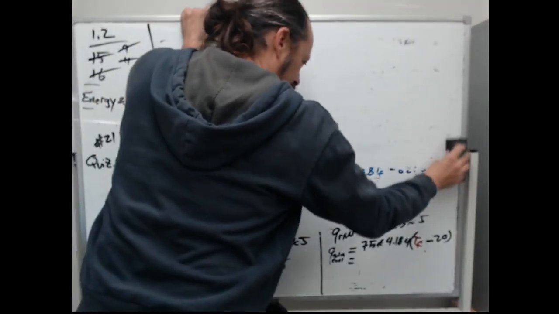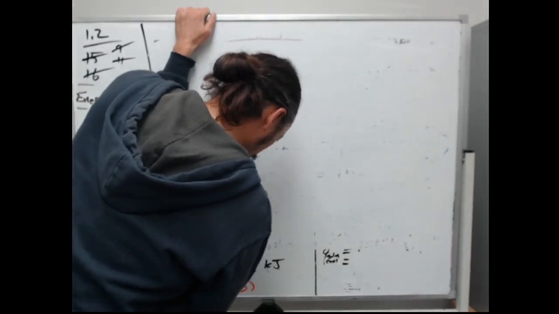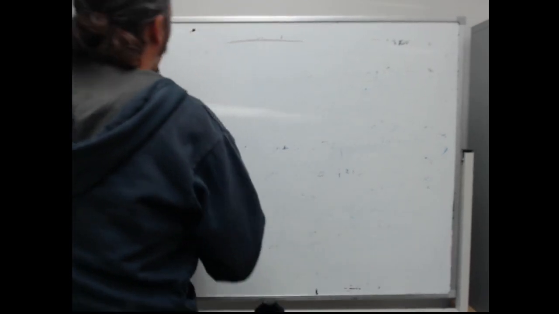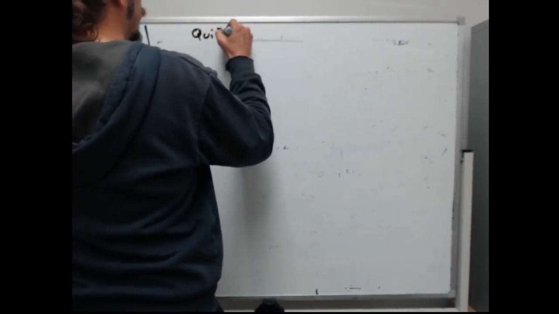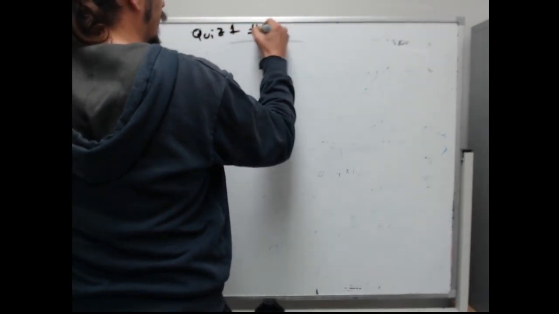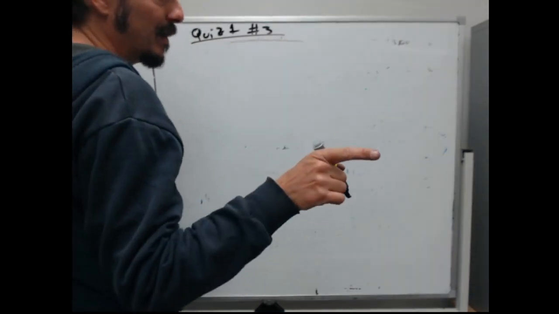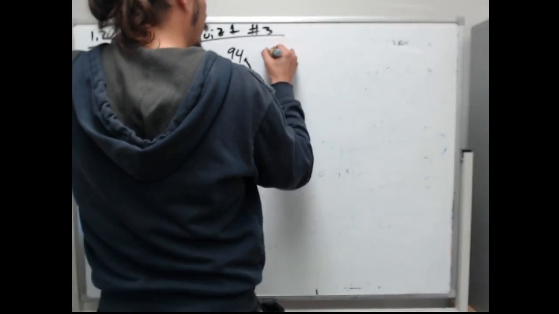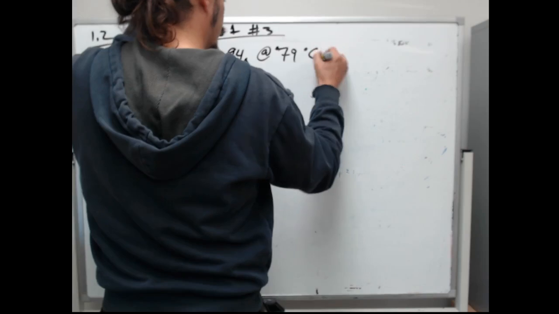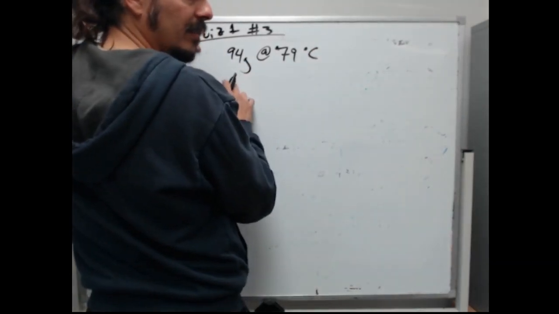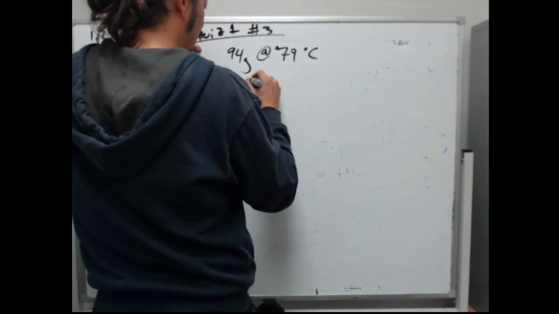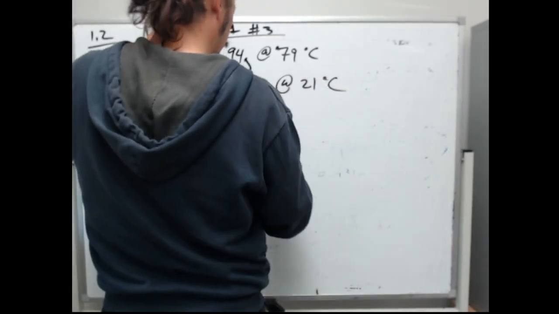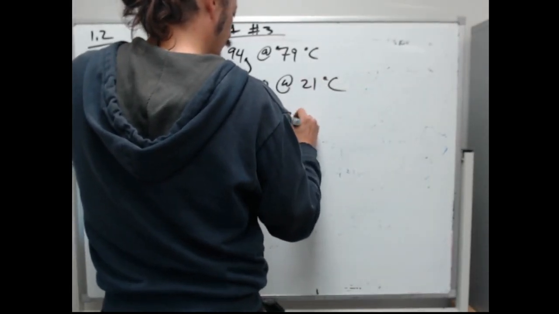Yeah, what's your question? Okay, so for problem 3, we dropped 94 grams of metal at 79 degrees Celsius into 41 grams of water at 24 degrees Celsius. Wait, give me those numbers again. 94 grams of metal at 79 degrees Celsius, into 41 grams of water at 24 degrees Celsius. How many grams of water was that? 41. And then the final temperature is 33.5 degrees Celsius,